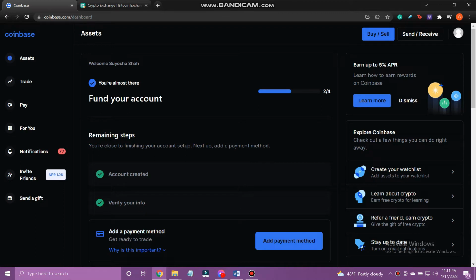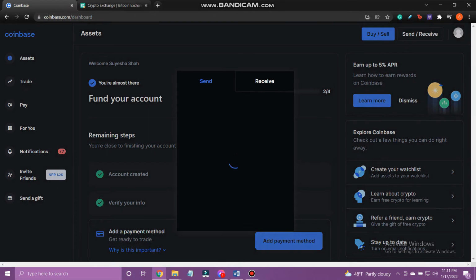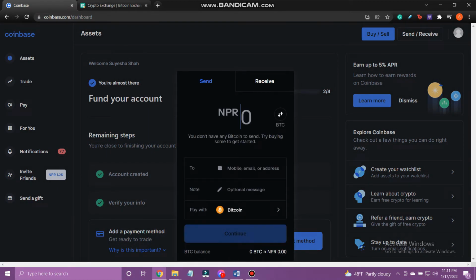To buy Safemoon on Coinbase, you will also require access to Kucoin. So first go to coinbase.com and sign in, tap send or receive. A pop-up will show up. So under send, select the crypto to do the transaction with. In this video, we will be using Bitcoin. Now add the amount for the transaction. Next, go to